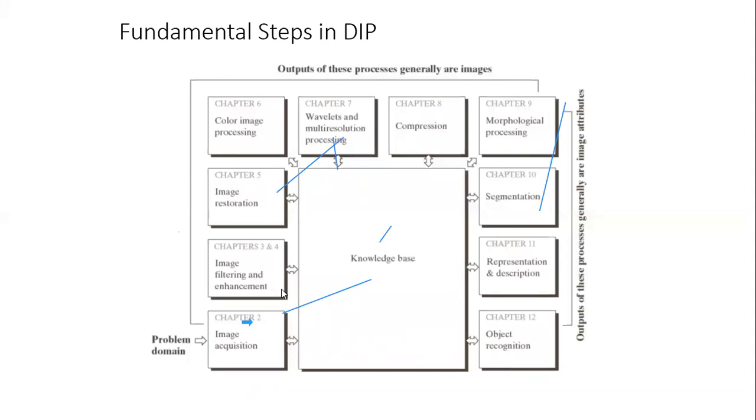Then the second part is image filtering and enhancement. The filters are used to remove any type of noise present in the image. For example, there may be different sources of noise. Blurring may be there, or otherwise focus is not clear, contrast is not clear, etc. Things we can do. But another step here is image restoration.